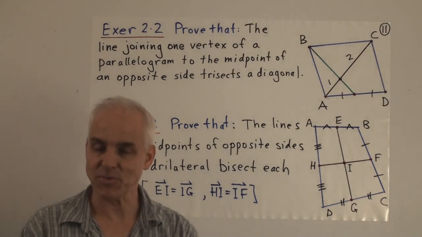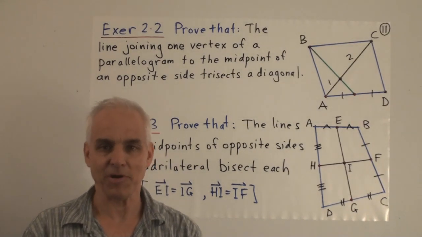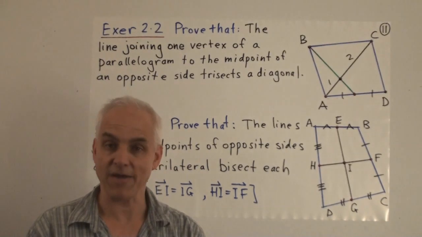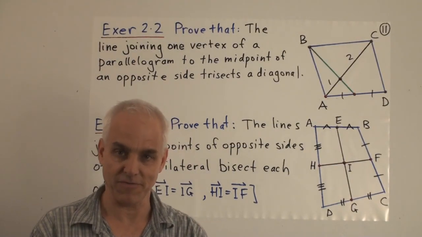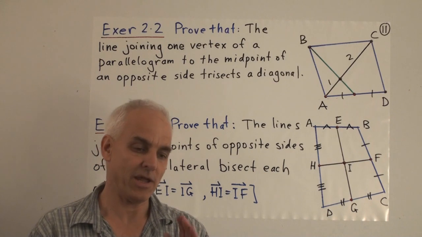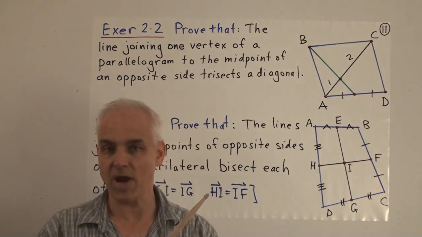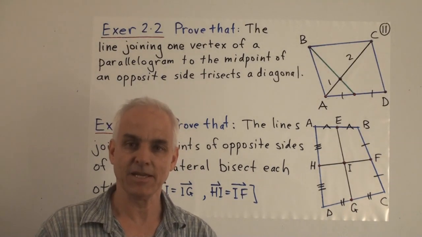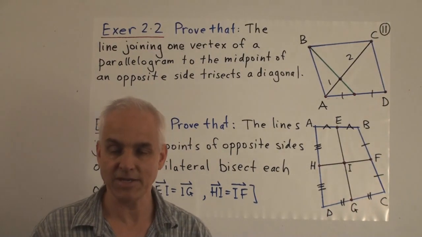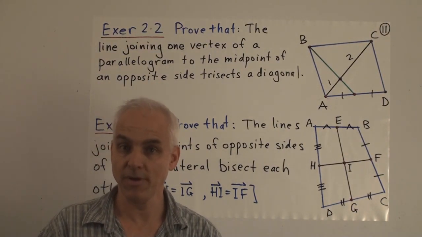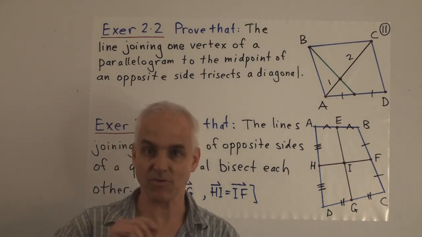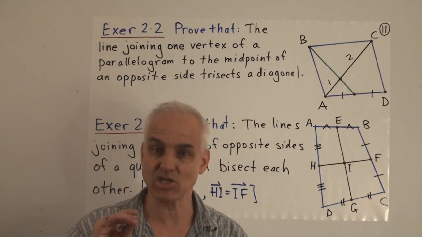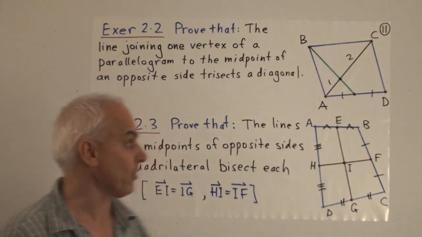And here are 2 more exercises, which are also proofs. In linear algebra, most of what we do is a lot of calculation. But every mathematics course should have some proofs in it. Otherwise, you're being cheated of a very important learning experience. So when I ask you to do a proof, I want you to actually write it out. Not just, well, I sort of know how it goes. You have to write it out with complete sentences in a way that anybody could read and follow the argument. So that perhaps even you, in a year from now, will be able to go back and follow the argument and see, oh yes, that's why the theorem is true. So remember, a proof is just an explanation or a reason why something is true.